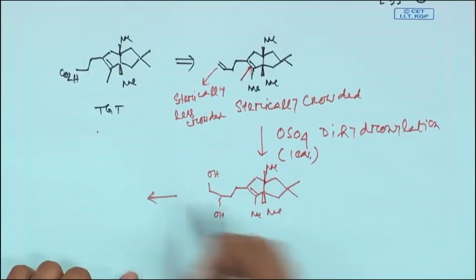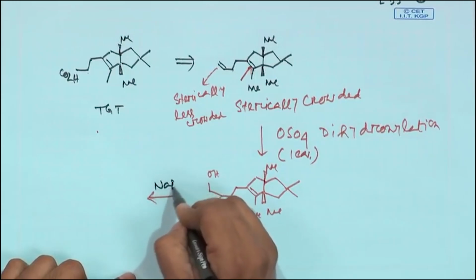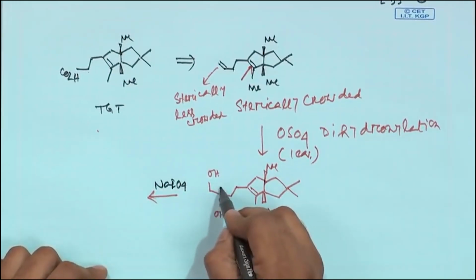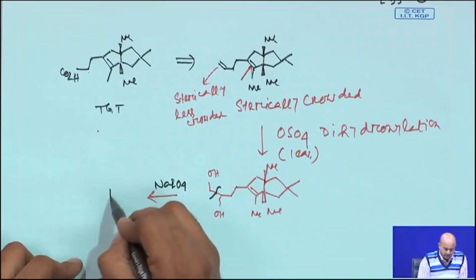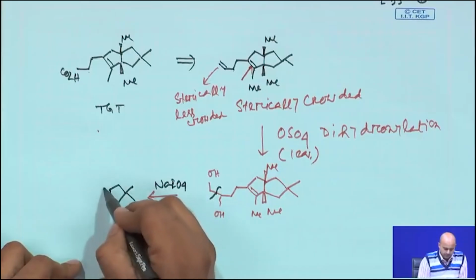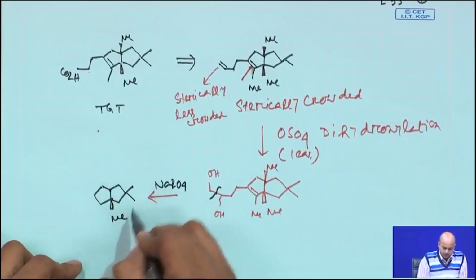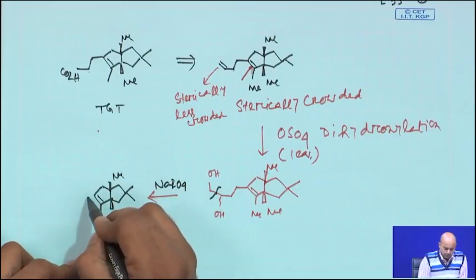Now, we are almost there. Now, we will do a Johnson-Lemieux cleavage, which we have already explained many times, that will give you the corresponding aldehyde, whose structure we will now draw. This is the aldehyde generated after the Johnson-Lemieux cleavage,